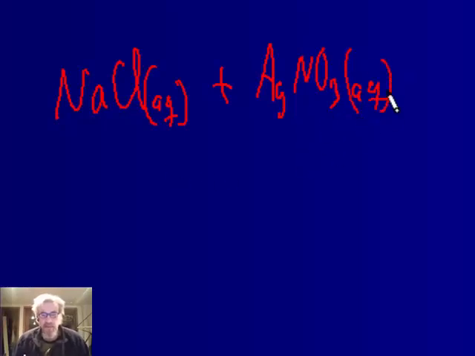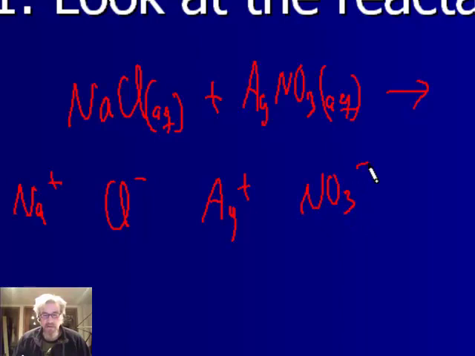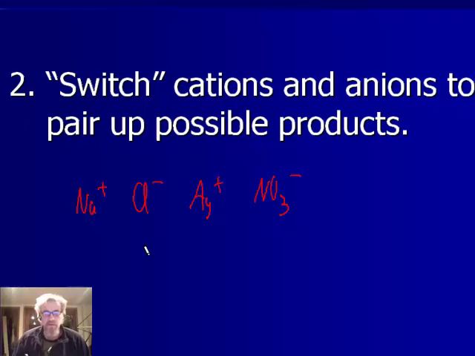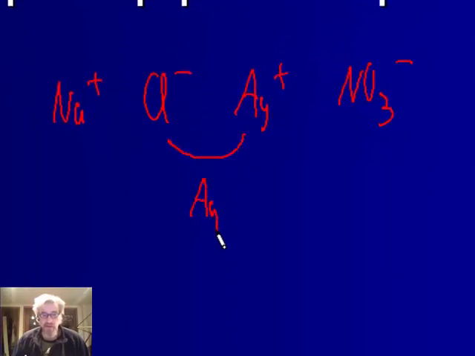As I approach trying to predict the products here, I want to split this up into ions and just make a list of what's there in my mind or actually on paper. Na+ is going to be in there. Sodium chloride is also going to give me Cl- ions. Ag+ is going to be in there, and nitrate ions. That's my list. The next thing I want to do is switch up the cations and anions. Repair them only the opposite way. Put the inside 2 species together and the outside 2 species together and figure out what the possible products are. Well, in this case, the inside 2 would give me AgCl. The outside 2 would give me